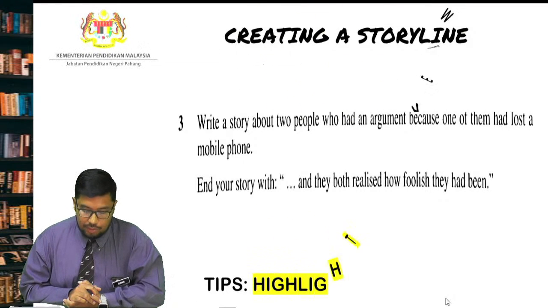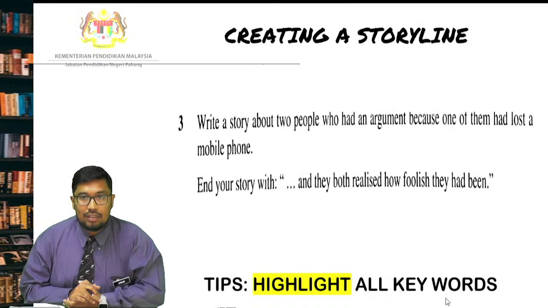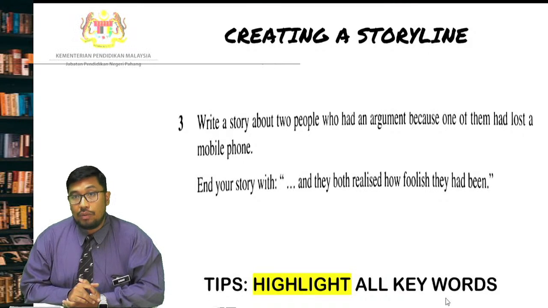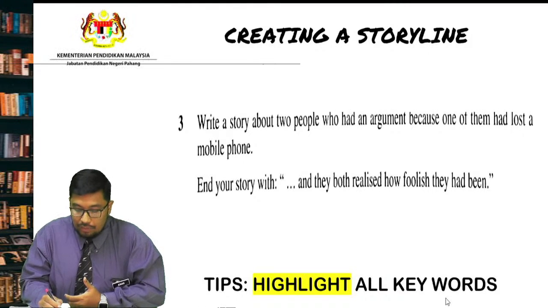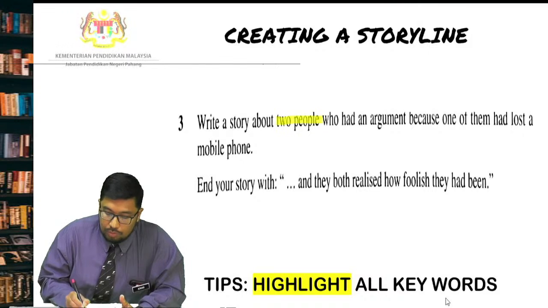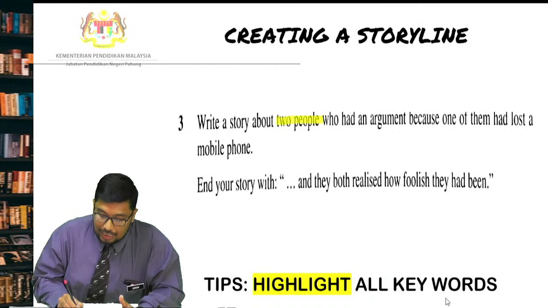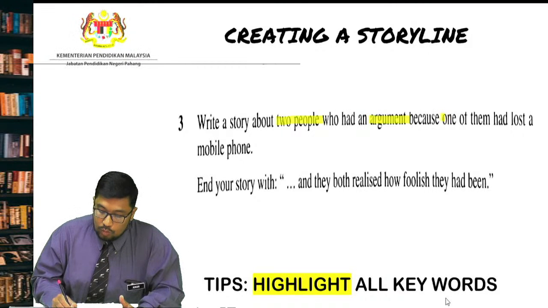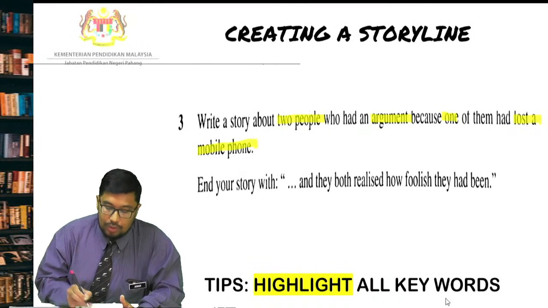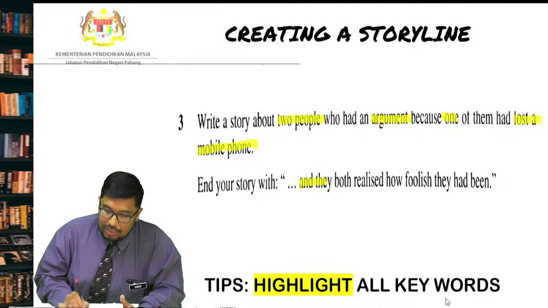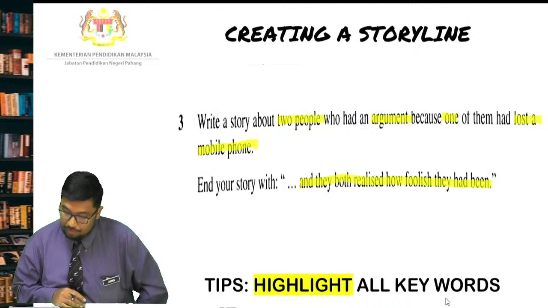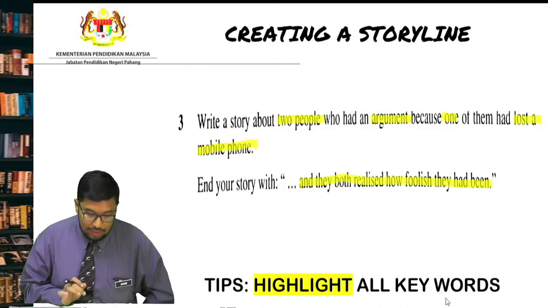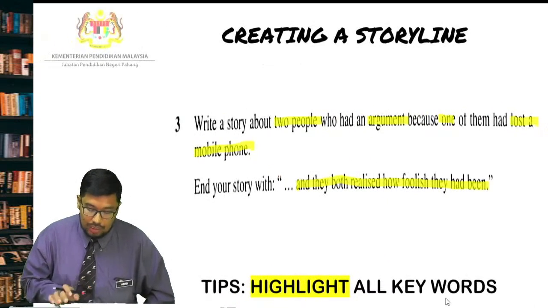So when you get this kind of question, firstly, you need to understand what is given to you. And then once you have understood the question, you can proceed with highlighting all the keywords. For example, in this question, the first keyword would be two people, argument, one lost a mobile phone, and then you need to end your essay with how they both realized how foolish they had been. Okay, so once you have understood the question, you can go to the next one,